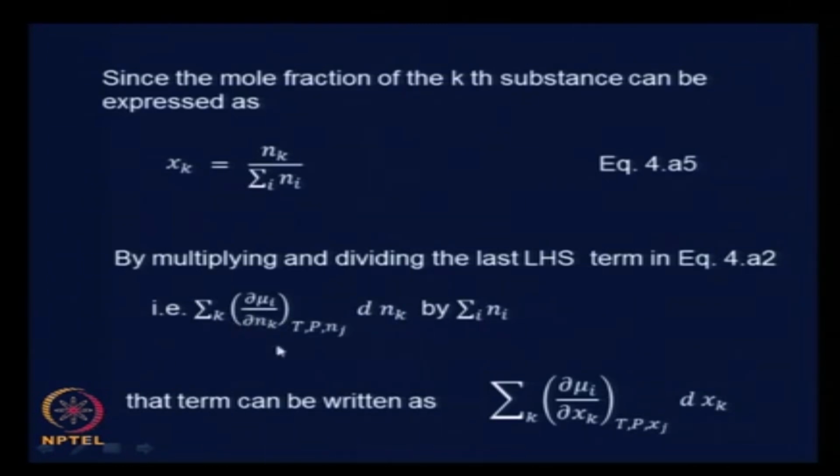Here you would have dou nk by sum over Ni. Therefore, this can be replaced by xk, and this can also be replaced by xk. The right hand side was 0, and the last term on the left hand side can be reduced to sum over dou mu i by dou xk at constant T, p, other x's remaining constant, dxk. If we write this in terms of mole fractions and substitute into 4a2, that would become